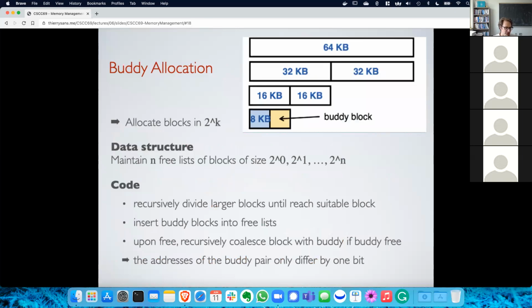And it doesn't leave a lot of fragmentation. The idea is the following. We're going to allocate blocks in powers of 2, so 2 to the power k. That means, for example, 8, 16, 32, 64, 128, and so on, right? It means if you need only 10 kilobytes, you're going to allocate 16 kilobytes, okay? And you're going to have fragmentation, but it's okay. You will see why it's actually good. So, the buddy allocation,